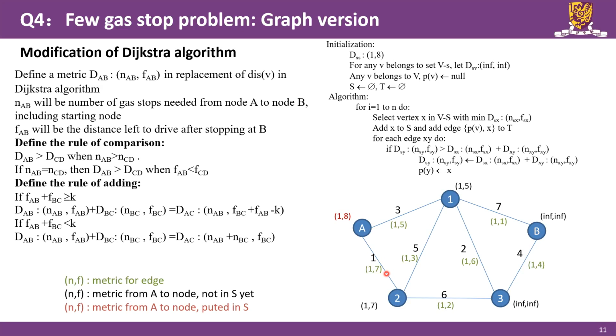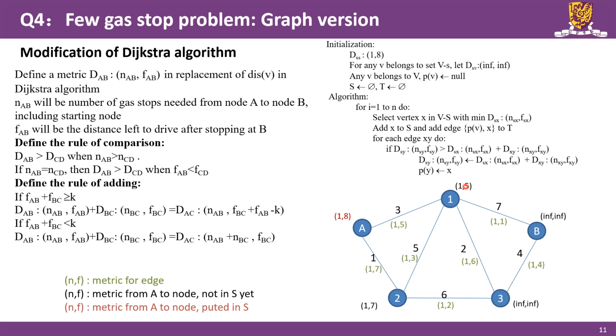So the DA2 is equal to (1, 7), and the same case for DA1, that is (1, 5). And among all the nodes that have not been added into S, we will compare all its metric. So among these 4 nodes, we will compare its metric. Node 1 will be (1, 5), node 2 will be (1, 7), the other 2 will be infinite. So by this rule, we can find out that the node 2 will have the lowest